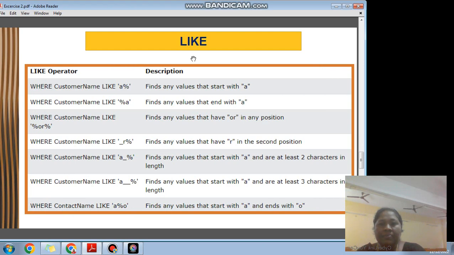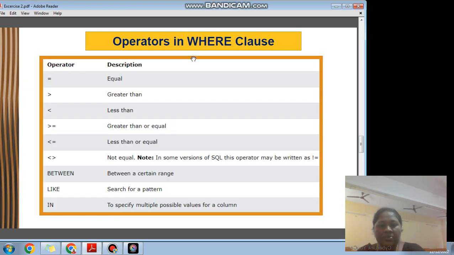For example, if you want to find out whether a number is equal to 1, we have applied that. If the value is age greater than 20, age less than 20, age less than or equal to 20, greater than or equal to 20. Greater than or equal to, less than or equal to 20. Age is not